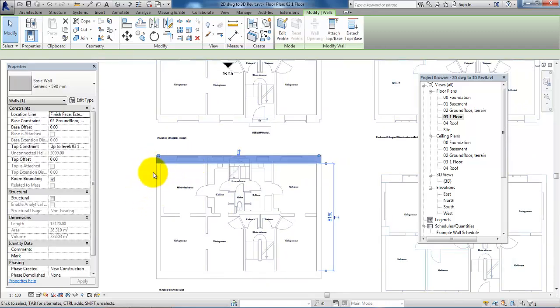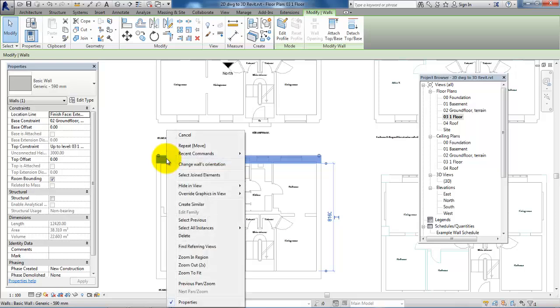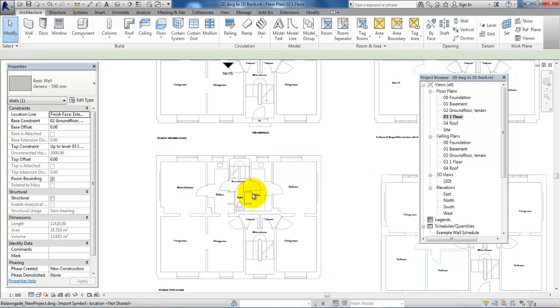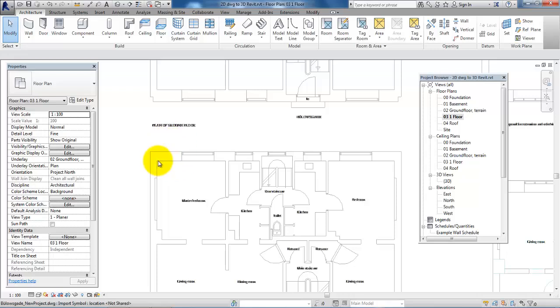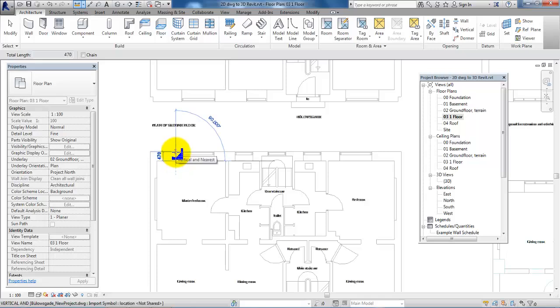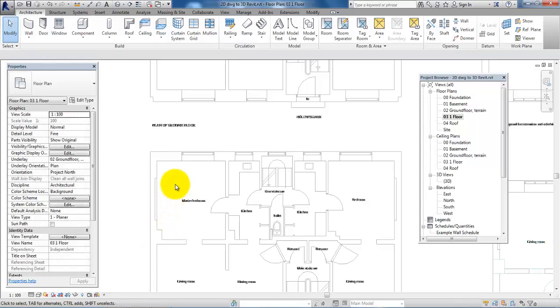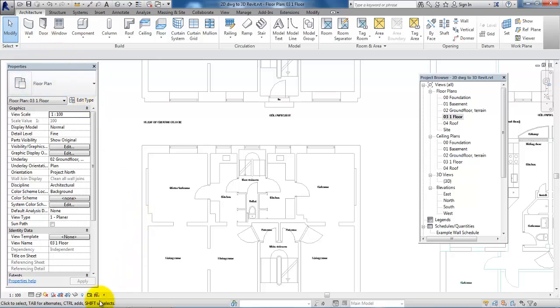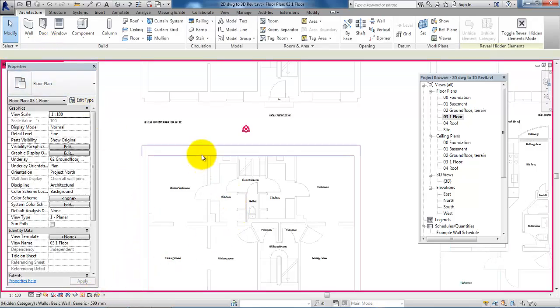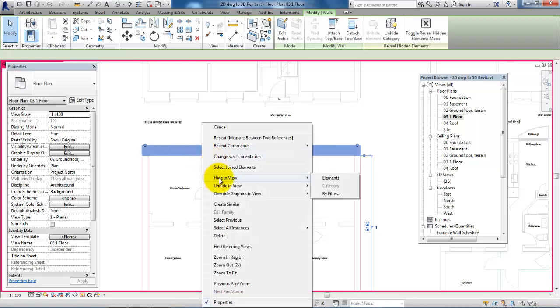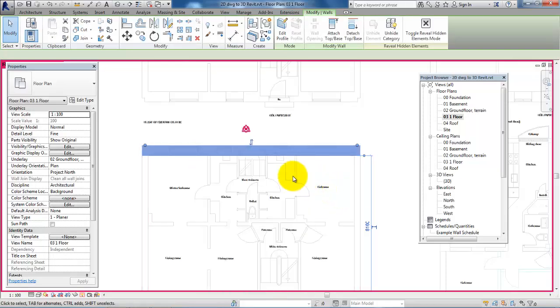And if I just select the walls which I have made in Revit and say hide in view and category, now I need to measure the dimension of the external walls, and in this case we can see it's 470 millimeters. And again, if I just measure the gable wall, it is still 350 millimeters. So let me just turn on the walls of the Revit project, say unhide in view and category,